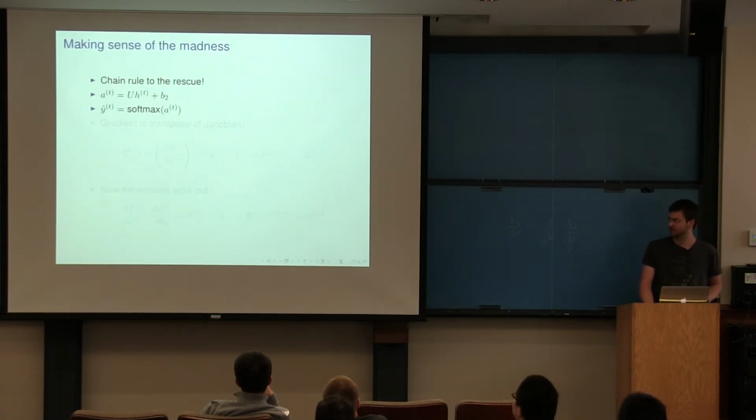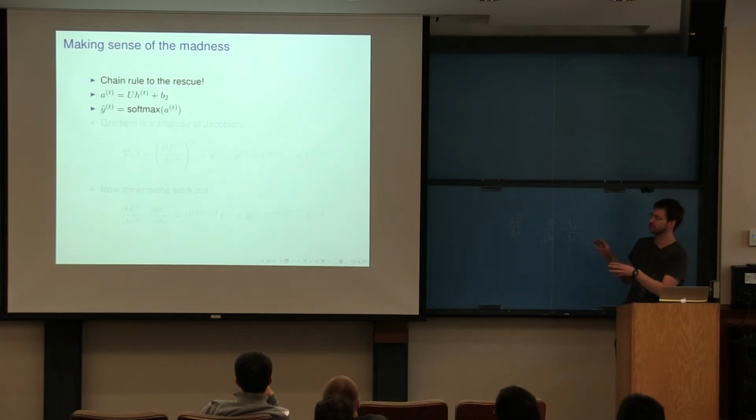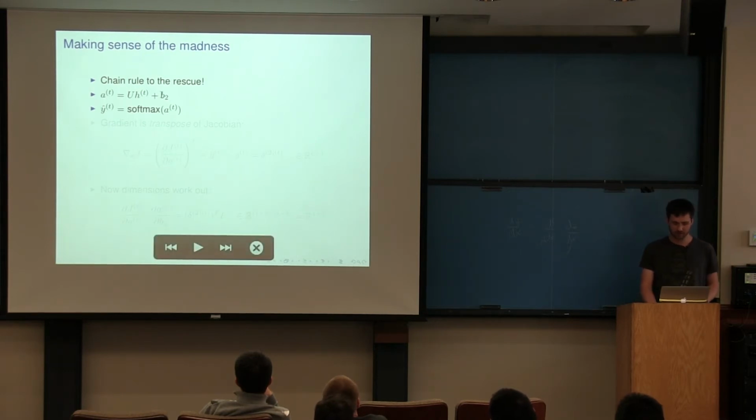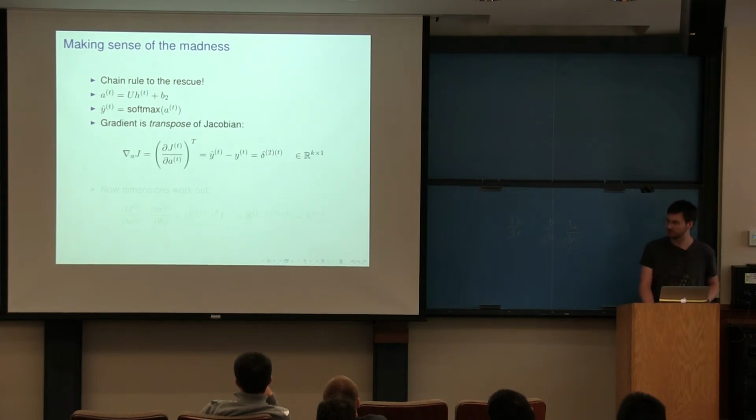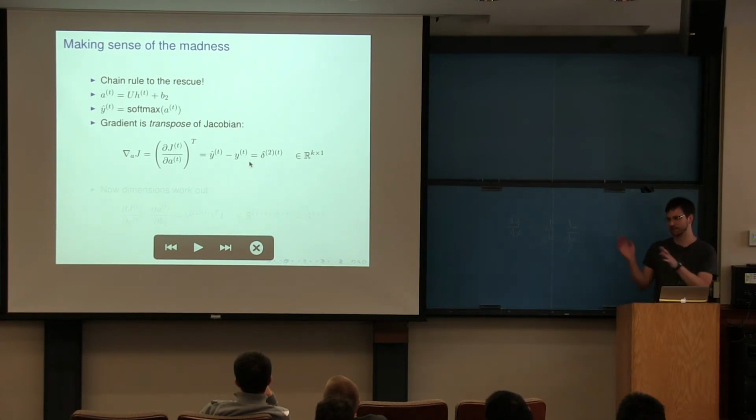The reason for this is that we can express everything in terms of these affine transformations and then activation functions. So if we just look at the output layer, Y hat, we have softmax applied to this thing we'll call A, which is just a matrix plus a bias term of our hidden layer. So we want to take the gradient to it. You guys have seen this expression for delta before for this kind of layer, Y hat minus Y. Hope you guys got that.